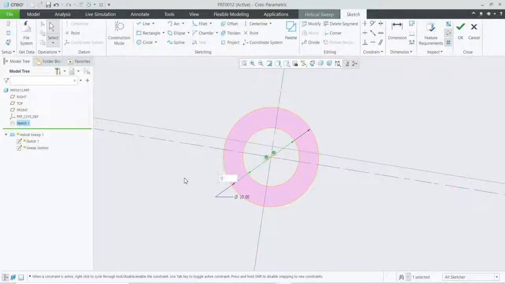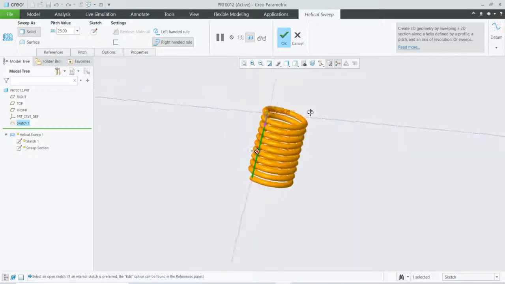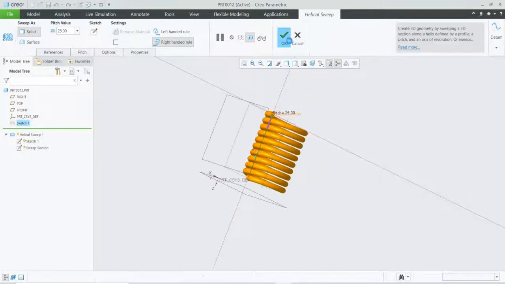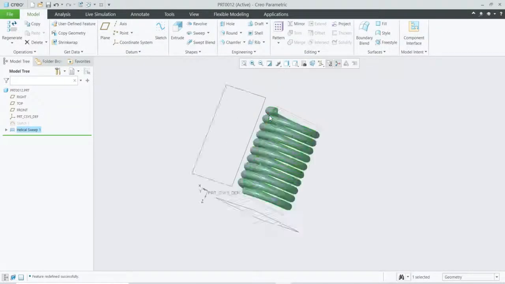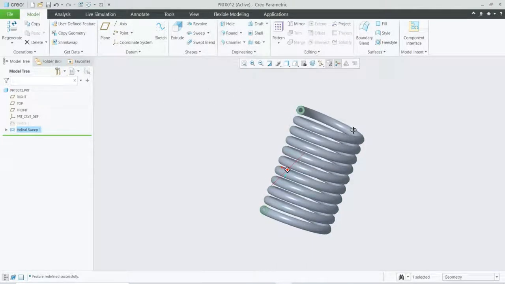We'll say it is 10 mm. I'm taking the circle. If you want, you can take triangle, square or rectangle, whatever you want. Now OK, press OK. Again OK. Now you can see the difference. Spring has been turned into a tube.